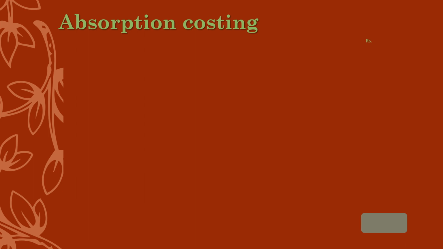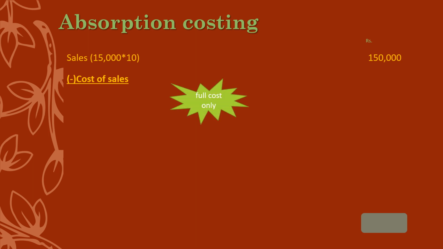So let's calculate the absorption costing income statement. Here also we are starting with the sales. That is 15,000 into selling price of 10. So the value is 150,000. From that we have to deduct the cost of sales. Here we are going to take the full cost. Since we don't have any opening inventory, that value would be 0. Then we are going to take the product cost, that is 20,000 into the full cost of 8 rupees,